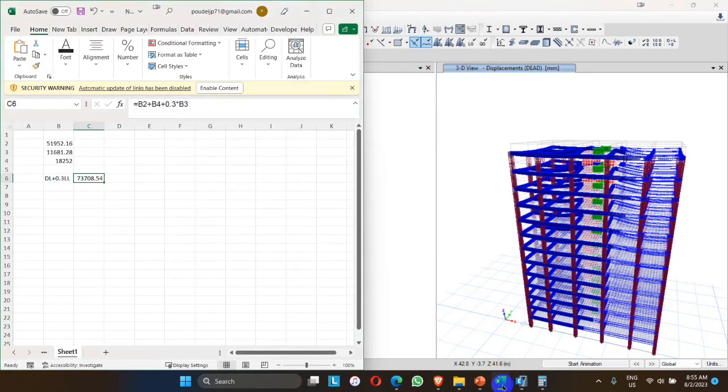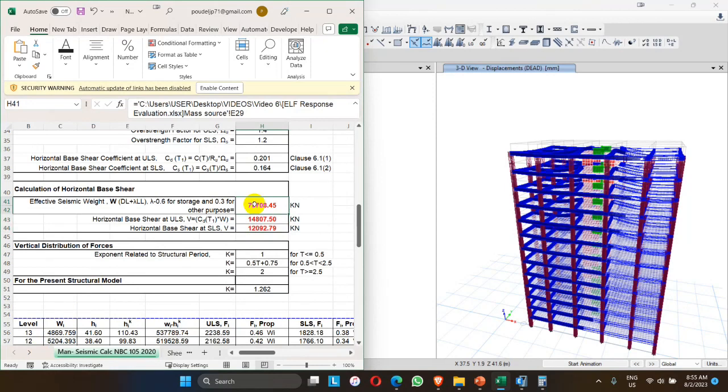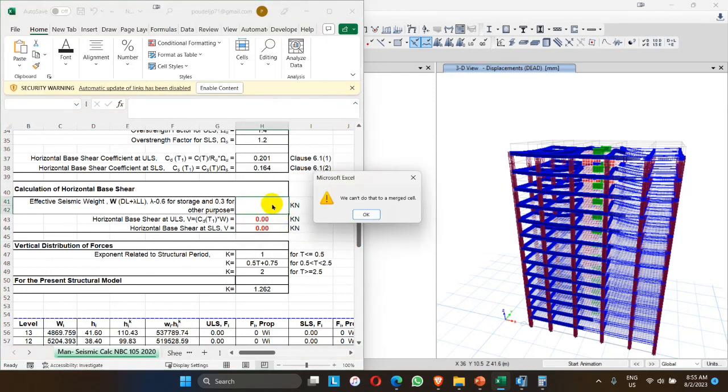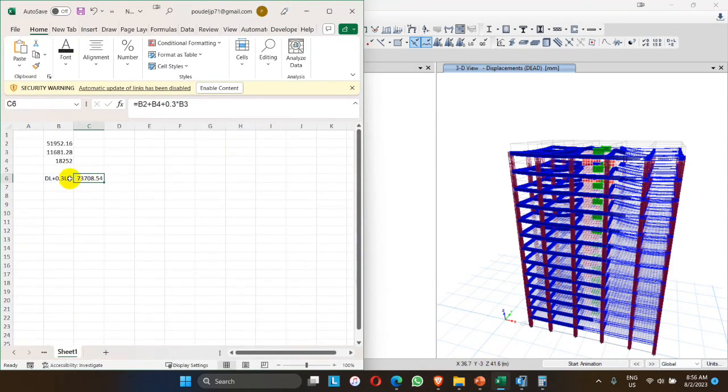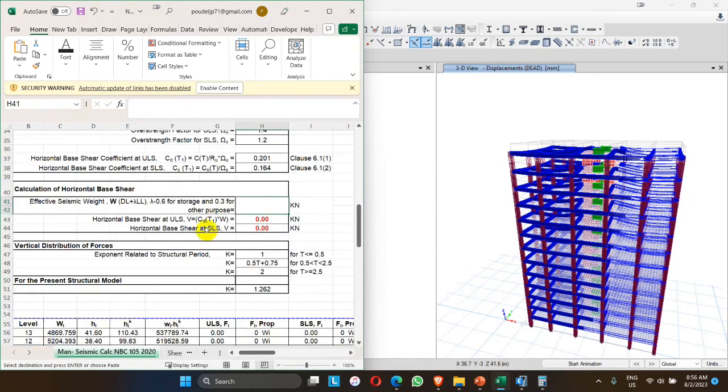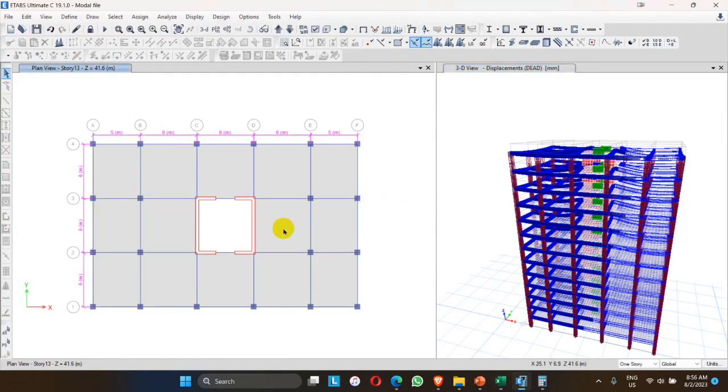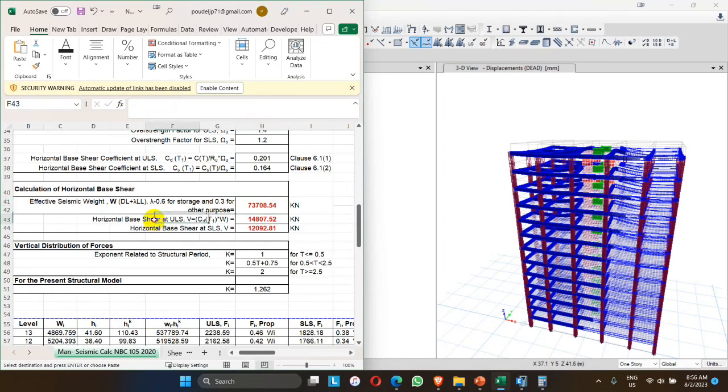So let me go to the Excel sheet. Here it's the value for the dead load, 73708, and the horizontal base shear we got from the Excel sheet for ultimate state is 14807.52 kilonewton and SLS state is 12092. So if we check the base shear